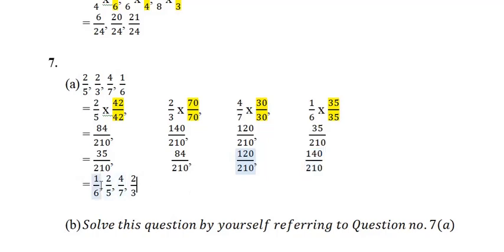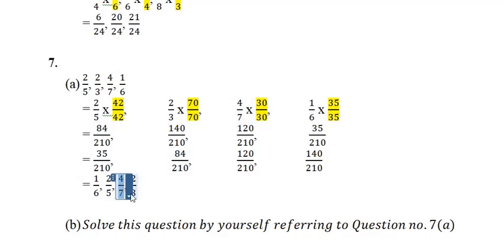Okay, so this 35 by 210, what is the real fraction actually? It is 1 by 6. So write 1 by 6 out here in place of this 35 by 210. Okay, now for 84 by 210, you have to refer to this part. The original fraction is 2 by 5. So write 2 by 5 out here. Okay, and now for this 120, refer to this section where it is. Oh yes, it is out here, isn't it? So what is the fraction actually? 4 by 7.